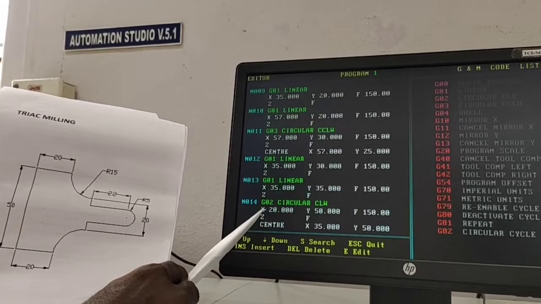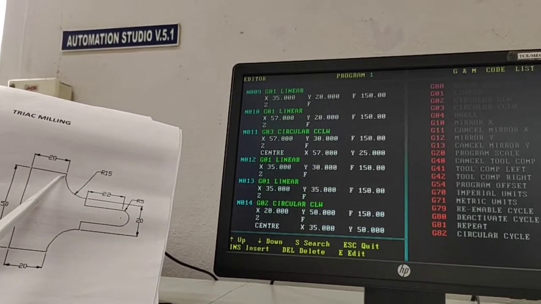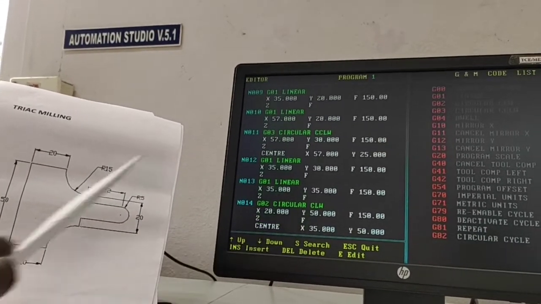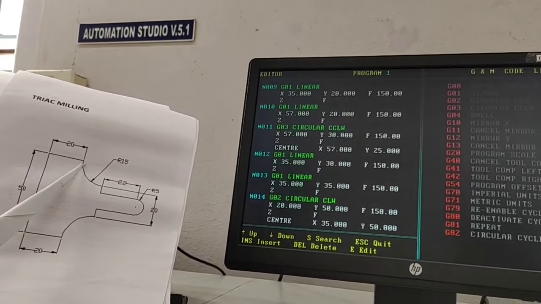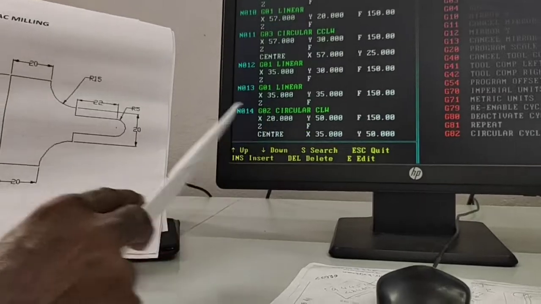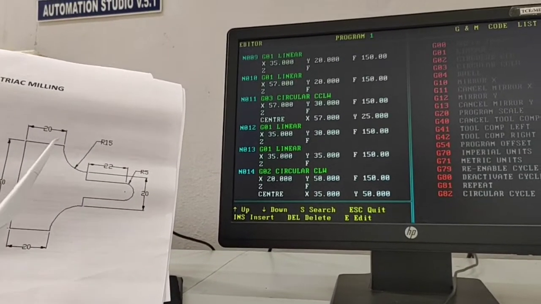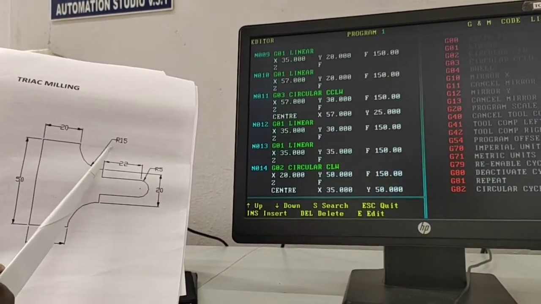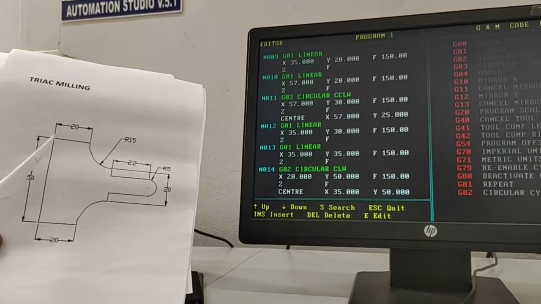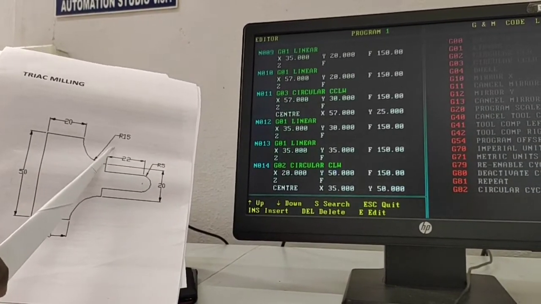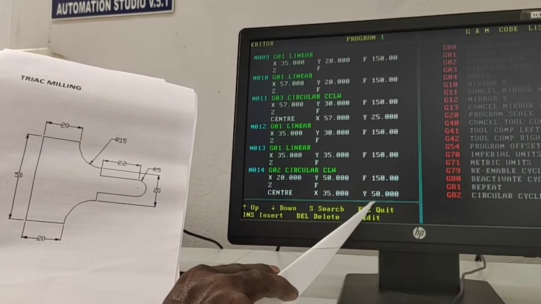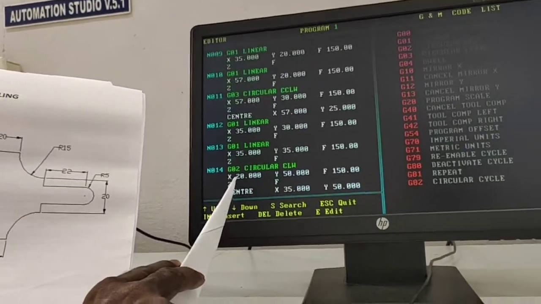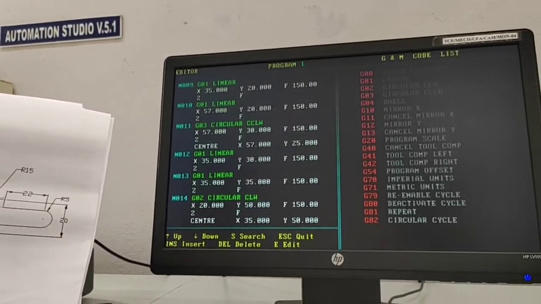So x20 is the end point, y50 is the total y value of the end point, and for the center, x is 35 because 20 plus radius 35, and y50 is the highest point, 50 mm. So x center 35, y center 50. So this is the function of G02. So the arc will be completed.